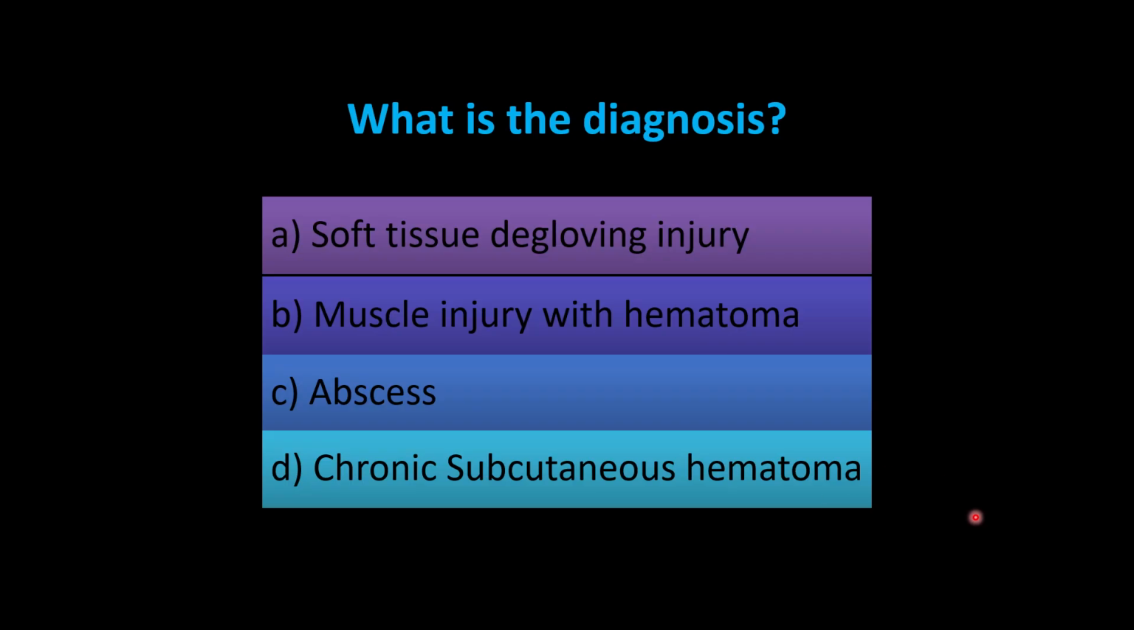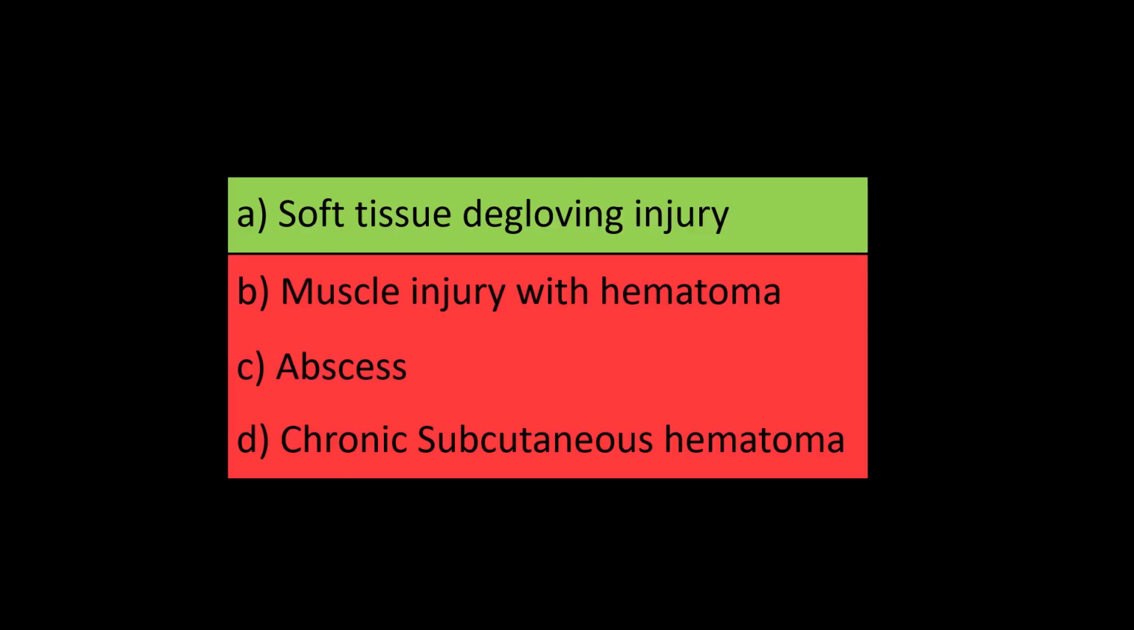So what is the diagnosis? Is it a soft tissue degloving injury? Is it a muscle injury with hematoma or abscess, or a chronic subcutaneous hematoma? So the diagnosis is very